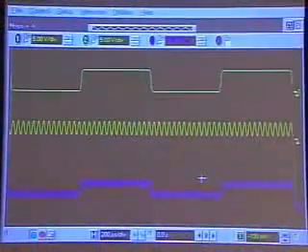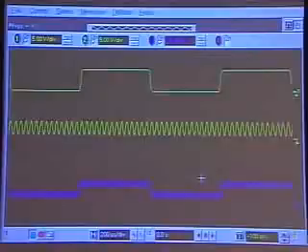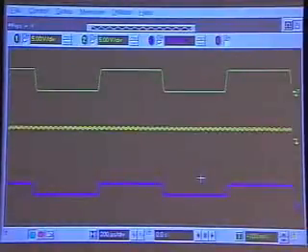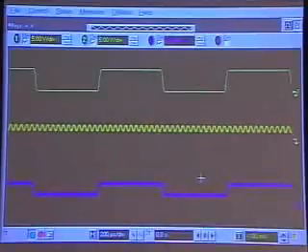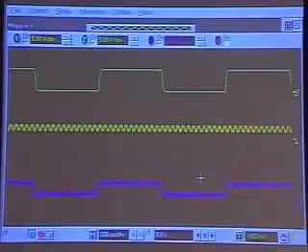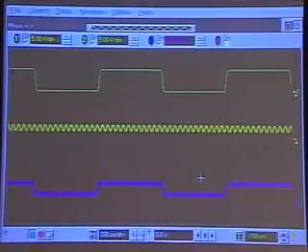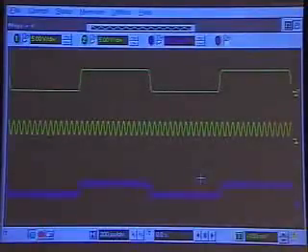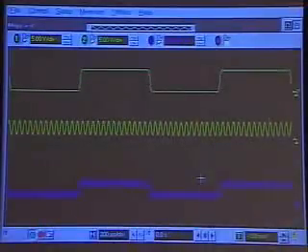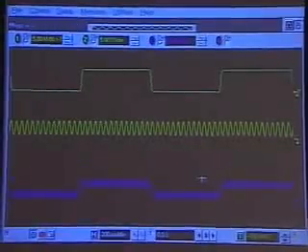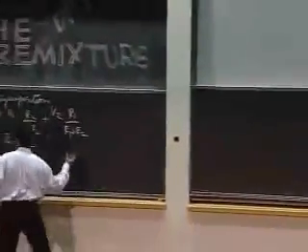I can play around and change the amplitude of my waveform here. As you notice, the amplitude of the output component also changes accordingly. This is one simple example of an adder circuit, and the two waveforms get summed up, and I get the output.